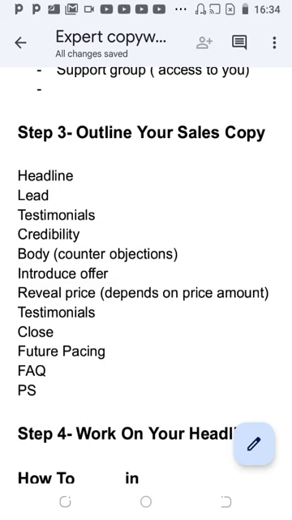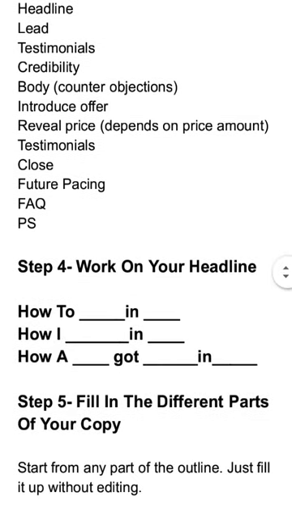You can go and work on your offer and put the place where the offer is. You can work on the close of your letter, where you tell them, come and buy. You can jump to different parts. You can work on the body copy, where you talk about the benefit of the program, where you talk about stories about people who use the program, where you can counter the objections. You don't have to start from the lead and go right to the end, no? I'm saying you can jump from part to part. The whole point is to fill it up with your copy.